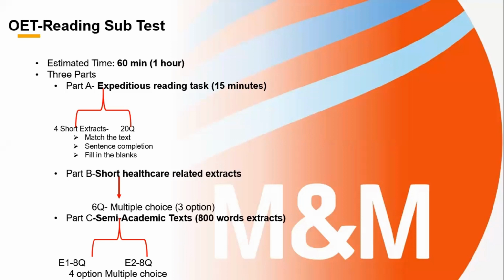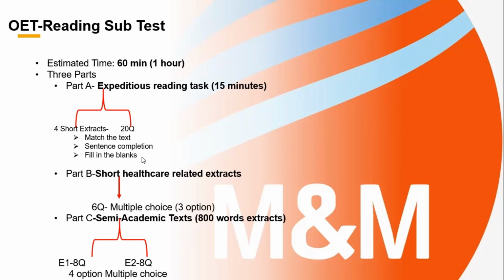In terms of time distribution, the reading test can be divided into 2 parts: part A, this is one component, and part B and C, this is the second component. So why have I distributed it in reference to time? Because first of all, they will give you the paper for part A, and you will have just 15 minutes to complete that part, not only to read, but to attempt all the 20 questions within the given